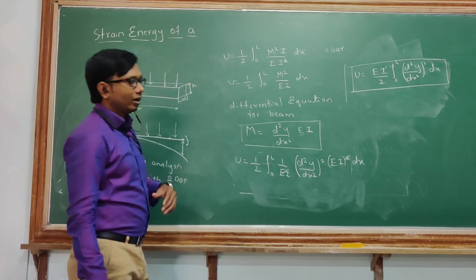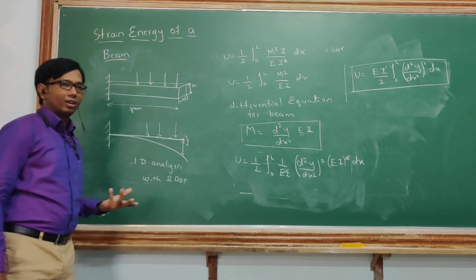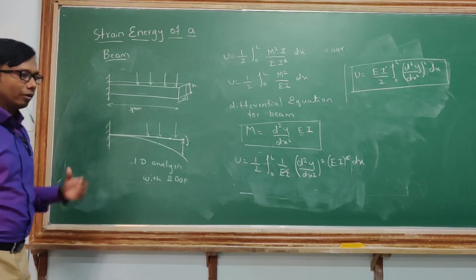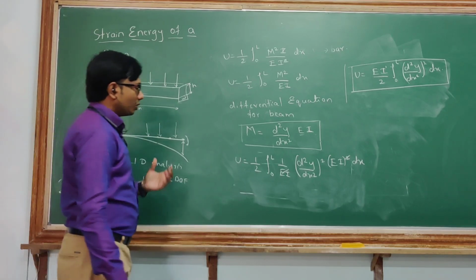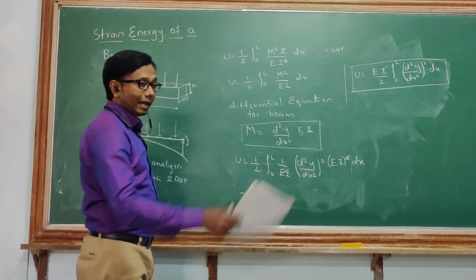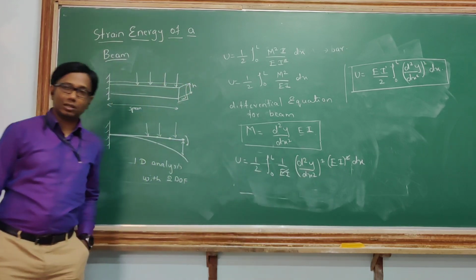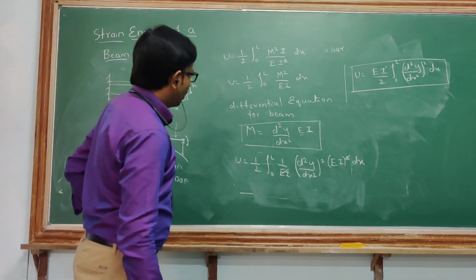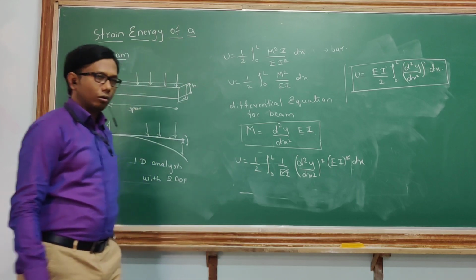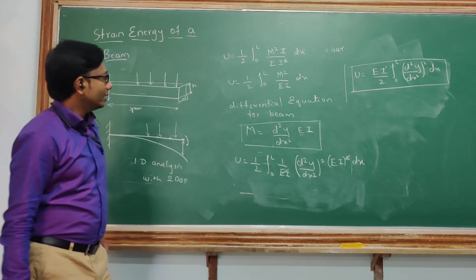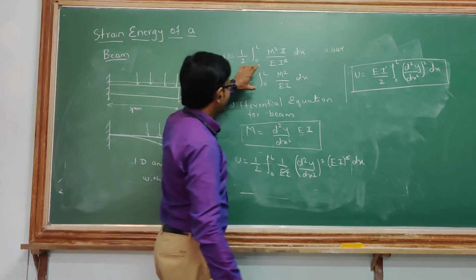Okay, so then what we did is we just substituted what strain is in terms of stress upon Young's modulus. Substituted, we got sigma square there. We already know what sigma is. Sigma was My by I. We just substituted it, and y square into dA, we calculated it as moment of inertia, that is area moment of inertia, and then came up with this particular thing here.